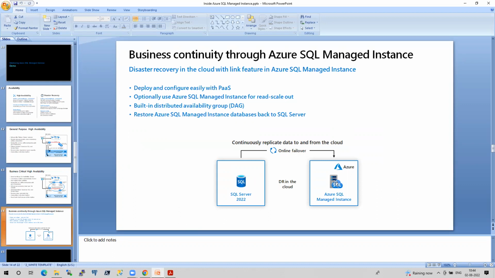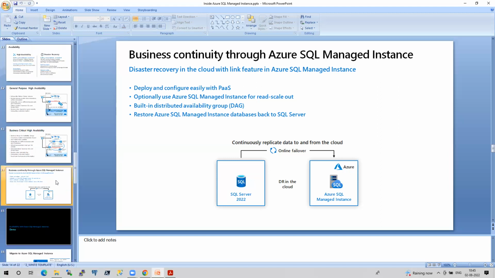And for the very first time, we can fail over and fail back. Till now, it is only possible for us to fail over. There is no failback option. But in 2022, when you want to migrate your databases, or even if you want to use your Azure managed instance as a kind of secondary replica, you can do this. And even the failback option is possible. So this is a very exciting feature in 2022. I will create one 2022 machine and I will create the MI and show you how it works. This is one thing that I'm going to talk about in our classes. I have not performed this yet, so I have to perform all these things.